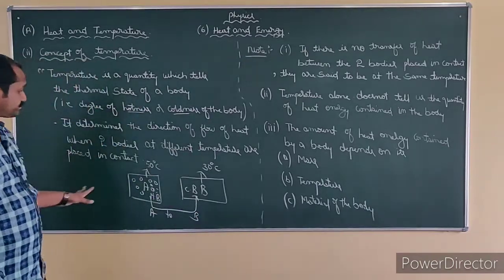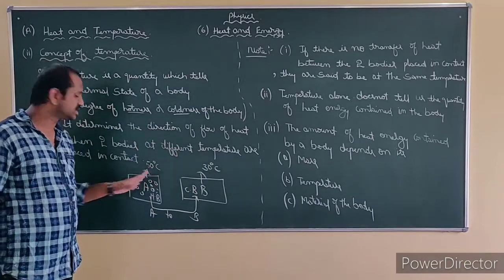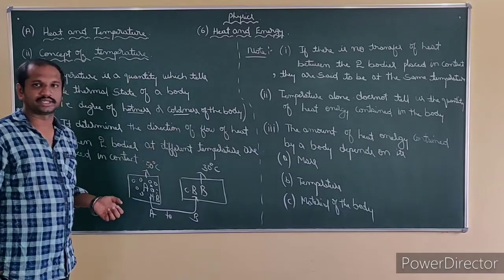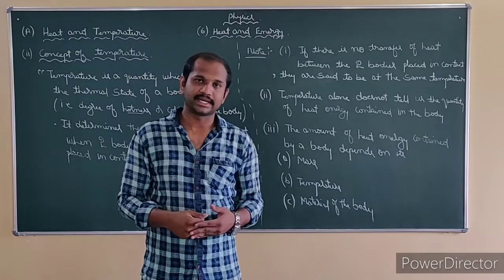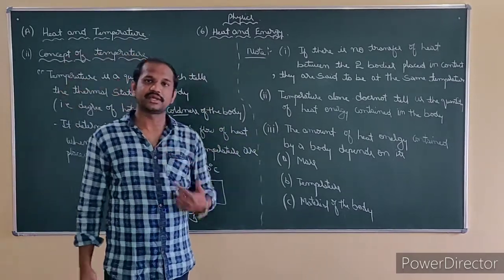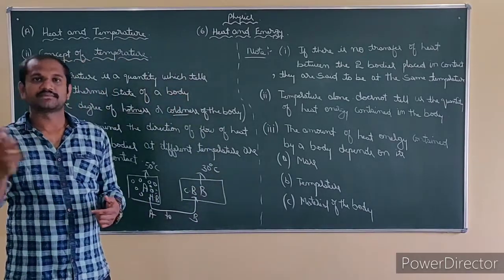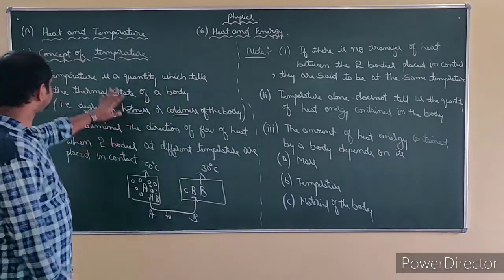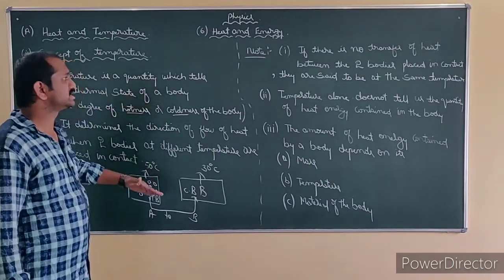So this is what we can find out without touching. If it is a very hot body of 50 degrees Celsius, can you touch it with your hands? No. We use a thermometer to find out. For example, when you get a fever, they measure the temperature of your body using a clinical thermometer. Some make you keep it below your arm, some keep it below the neck, to know the internal temperature of our body. So this is the concept of temperature, the temperature definition.